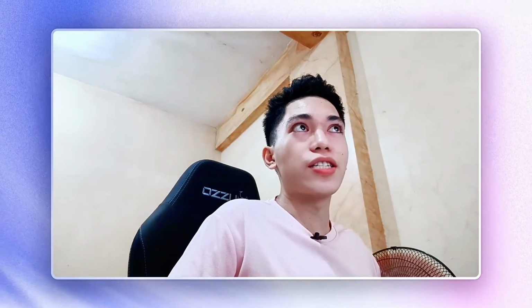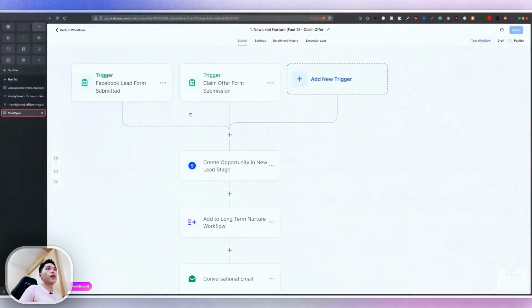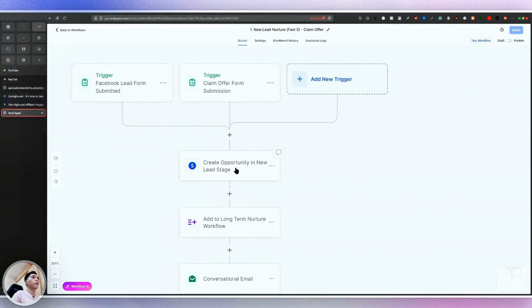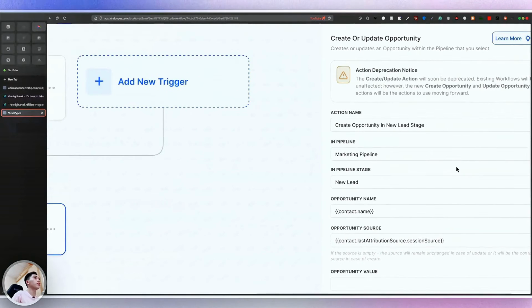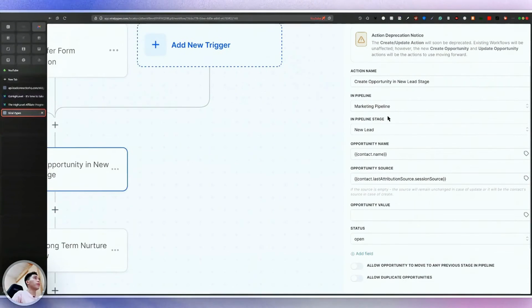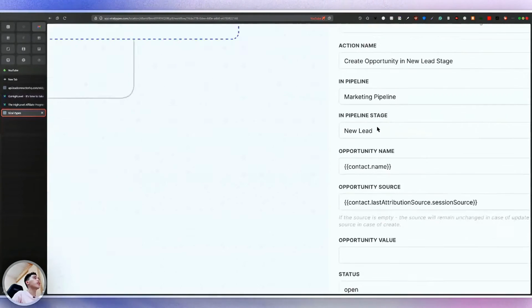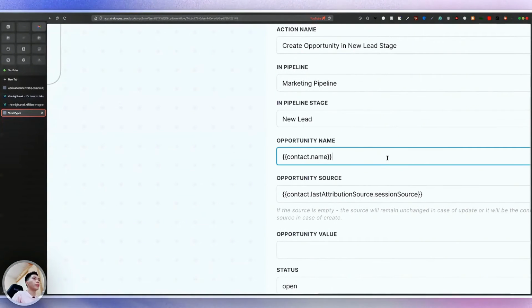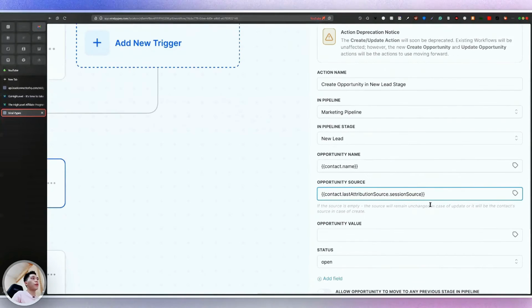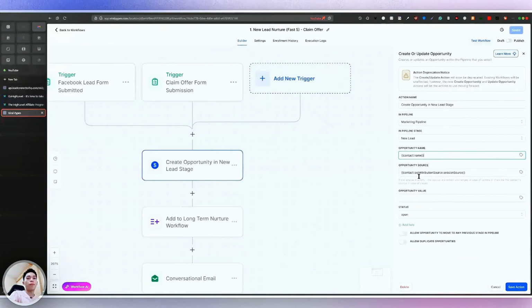So I'll show you an example of its flow. For example, if someone answers the claim offer form, it will go here. It will create a new opportunity. Okay, so you can put here which pipeline it is. So for example, marketing pipeline under the new lead stage, you can set it up here. You can put the opportunity name here, opportunity source, where it came from. So this is just optional. You can delete this if you want. But I suggest you put the opportunity name so you know what its name will be